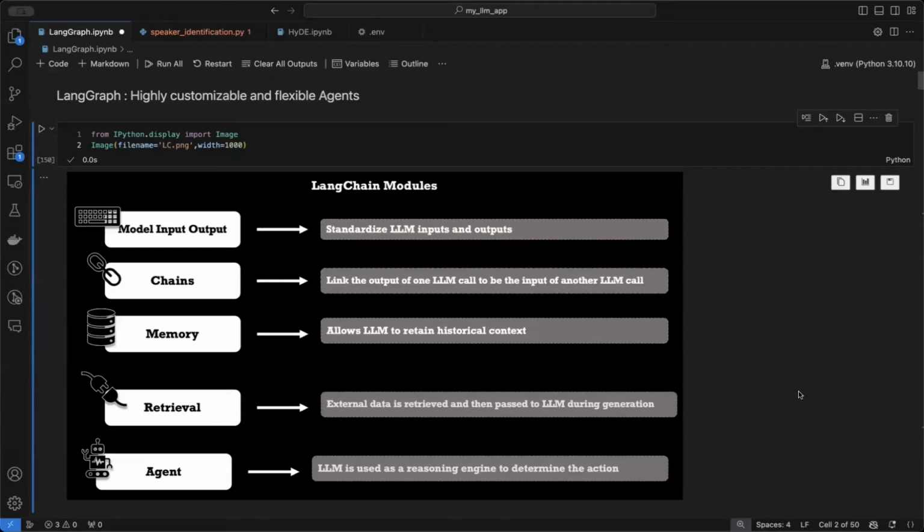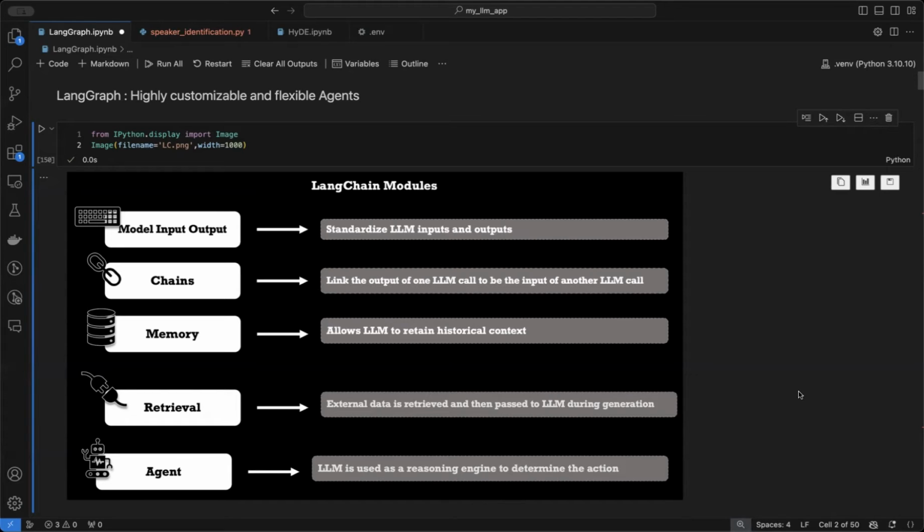right? Where you design the flow diagram and the flow engineering according to your requirement, and how you design this whole flow is totally up to you. So the flexibility and customization options are much greater if you are using LangGraph to create certain agents. Right. So in this video, I will take you through the basic concept of LangGraph, how you can use different